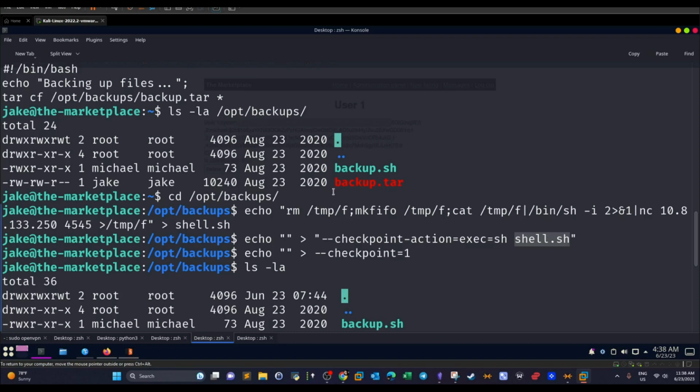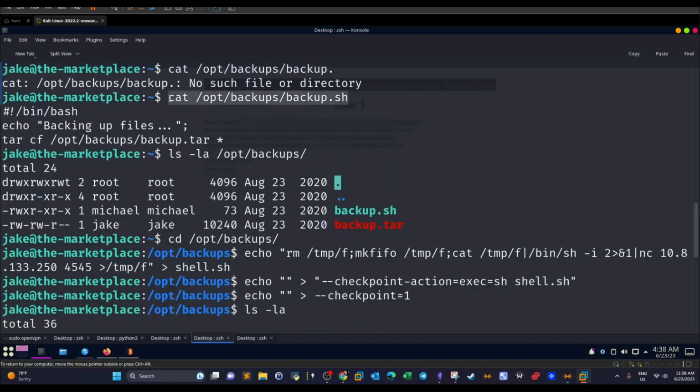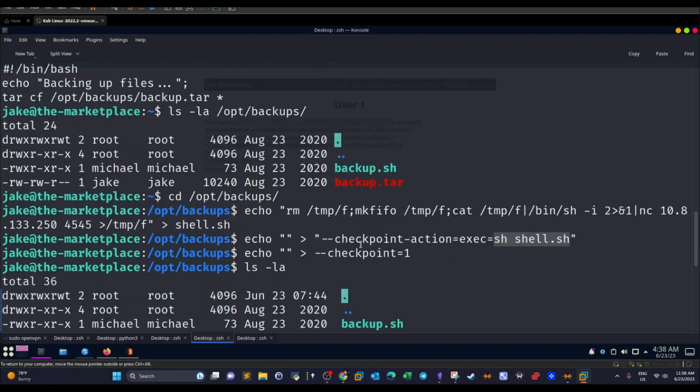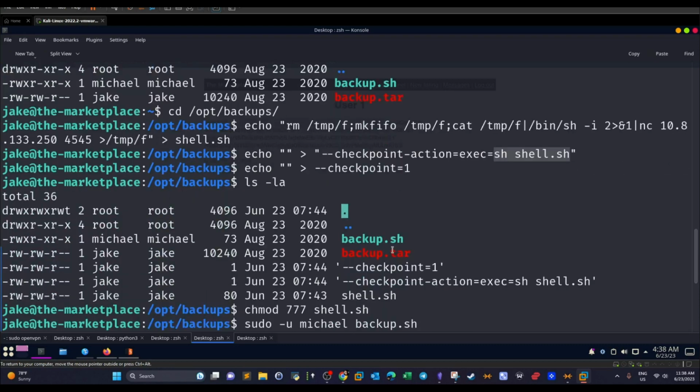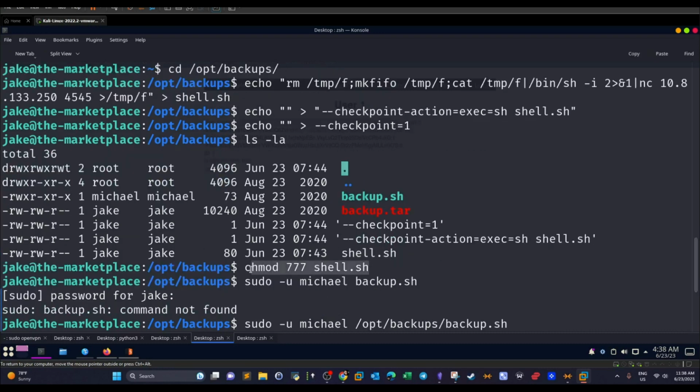So when backup.sh runs, it will come to this command. It will perform the backup, and along the way, as you can see, it's going to execute the shell. Next step, after the shell is ready in the directory, we give the shell permission to run, because apparently it needs permissions to run. And then